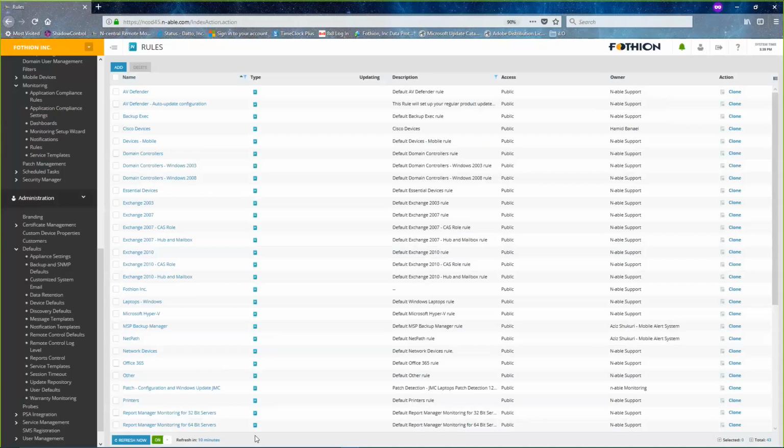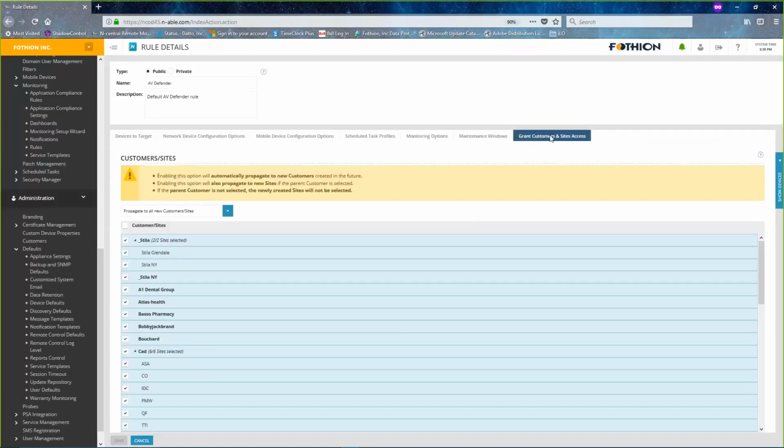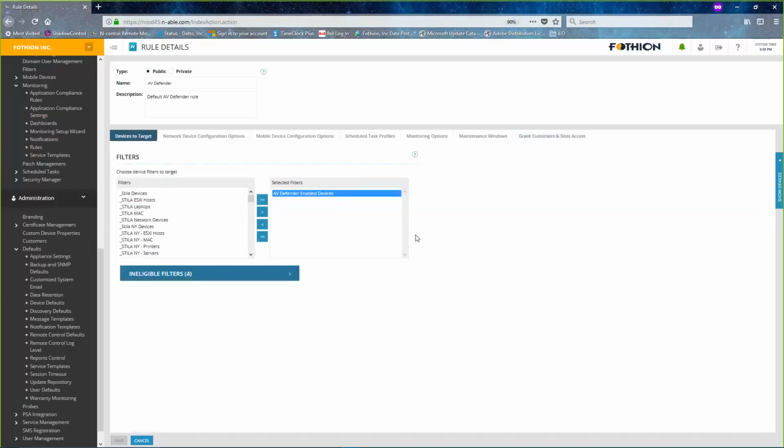Again, there are two things that need to be configured correctly on a rule for it to be assigned or associated to a device. One would be the filters under devices to target. Second would be the grant customers and sites access. So if a certain customer is not checked or selected here,